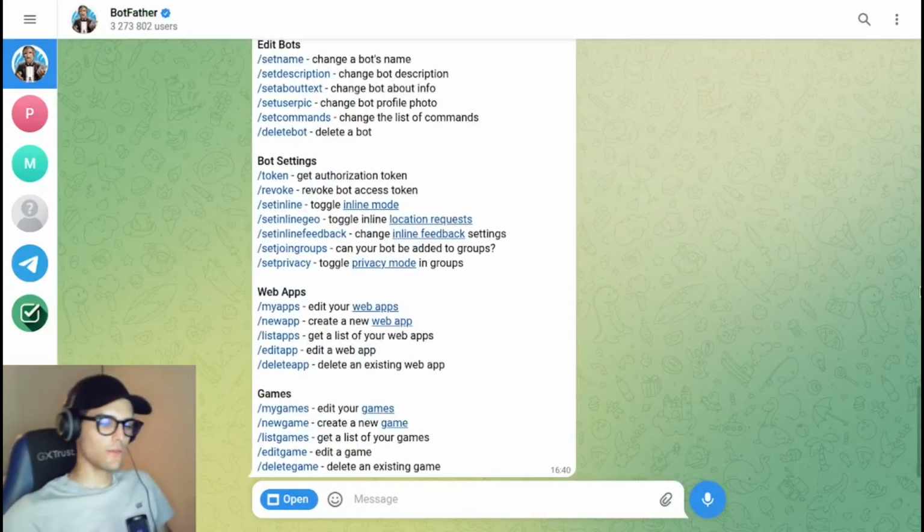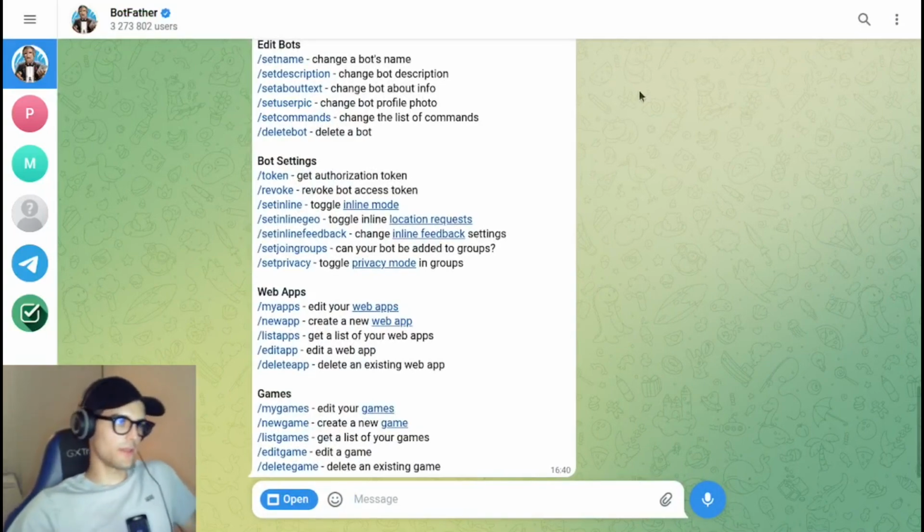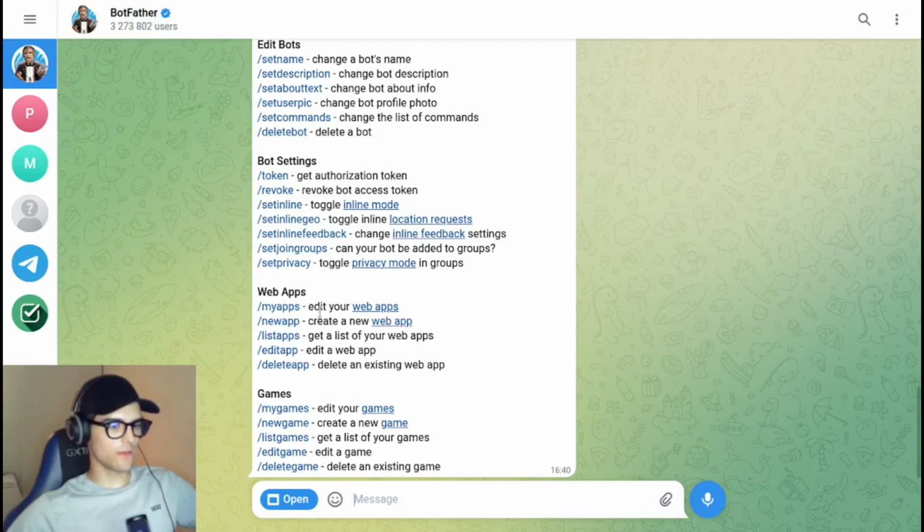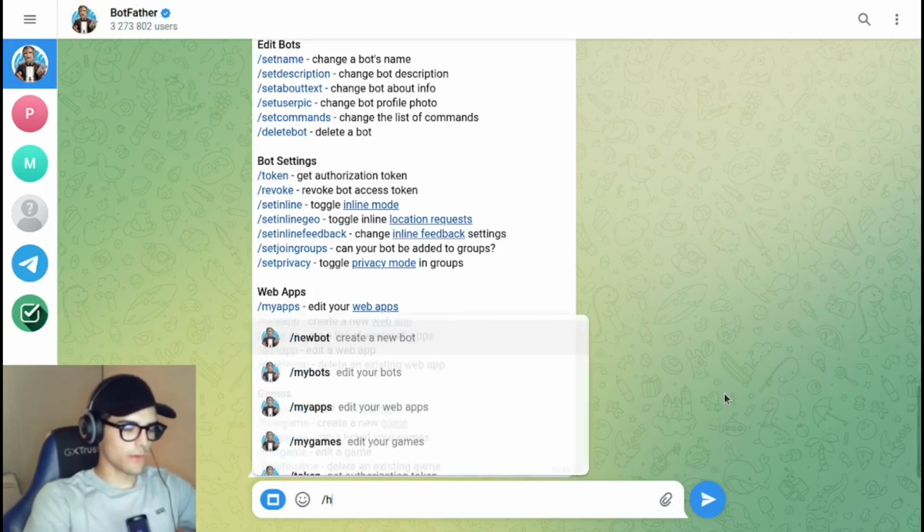Let's start to create this bot from the BotFather of Telegram. If you want to create your bot, you firstly need a Telegram account, and then when you have your account enabled, you can go and search for BotFather, and then from here you are going to create your first bot. If you type help,